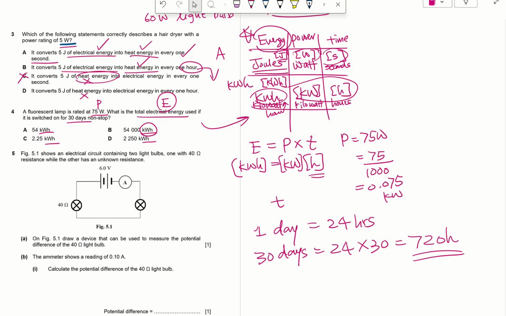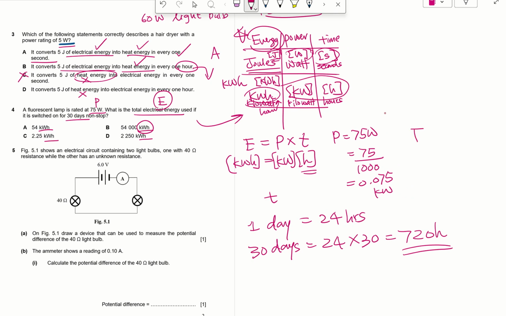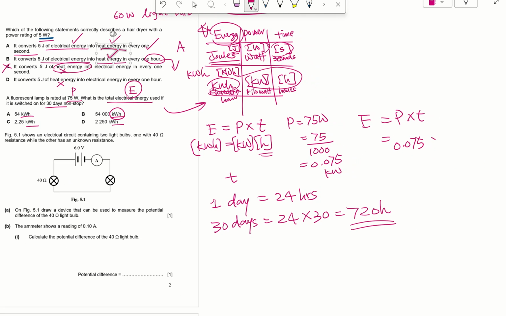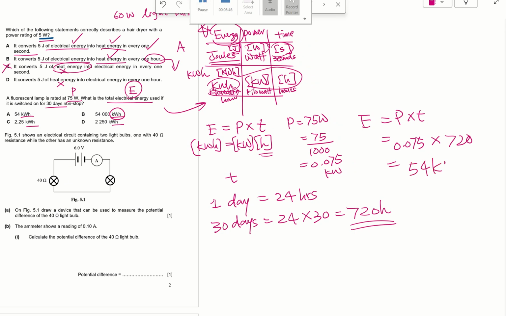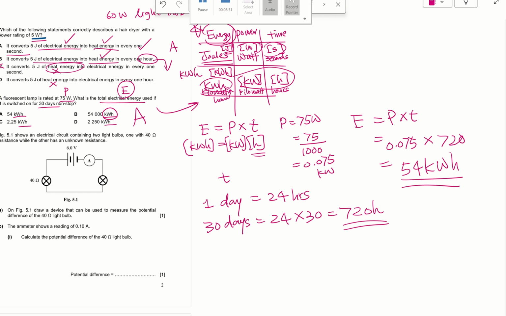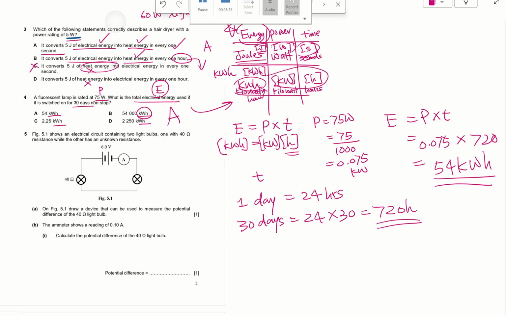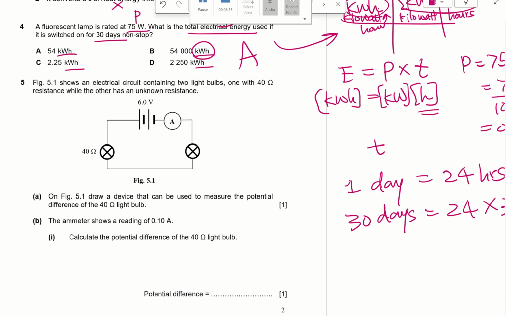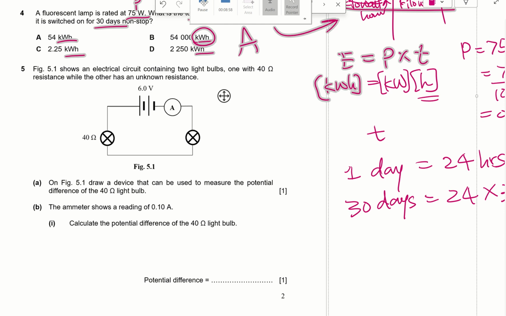So now let me calculate the energy in kWh. My power is 0.075 kW. My time is 720 hours. So the final answer will be 54 kWh. You absolutely need your calculator. Answer is A. Okay. Now question 5, it shows an electrical circuit containing 2 light bulbs, one with 40 ohm